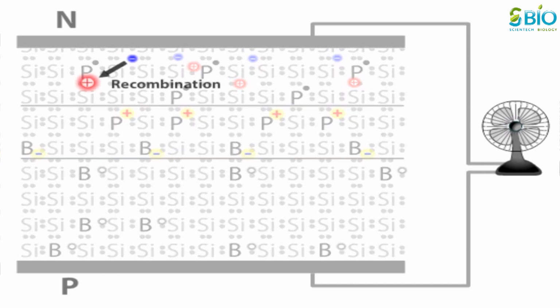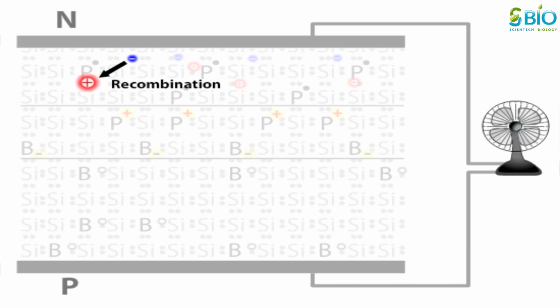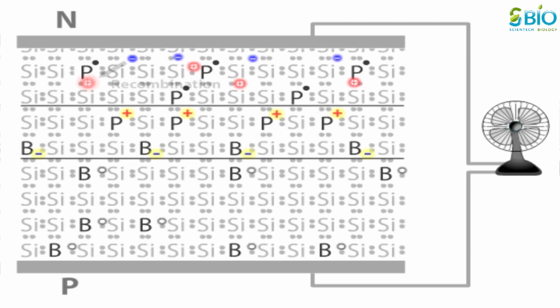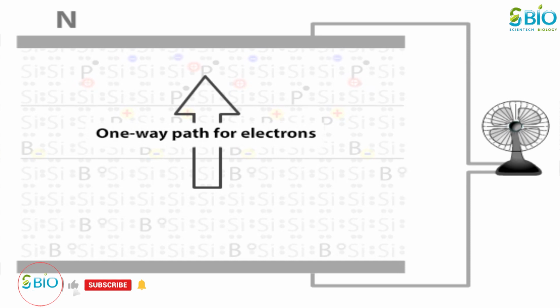For example, an electron may simply recombine with an adjacent hole in the N layer. Alternatively, electrons may attempt to fill the many holes in the P layer. However, the bank of negative charge on the P side of the depletion zone prevents the negatively charged electrons from passing directly through. The depletion zone is thus a one-way path for electrons, one of the central features of a solar cell.